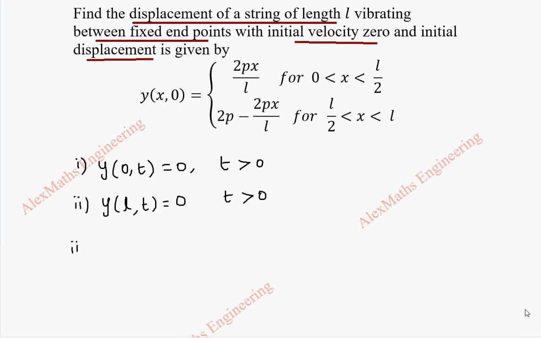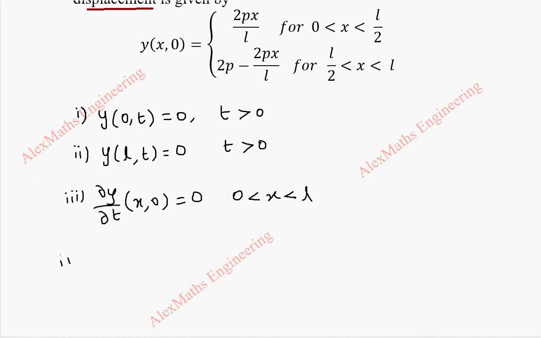And the third is we have the initial velocity, that is ∂y/∂t. Since it is the initial velocity when time is 0, this is 0 for 0 less than x less than L. And finally, we have an initial displacement which is given as a function. This is the fourth condition, that is y(x, 0) equal to,